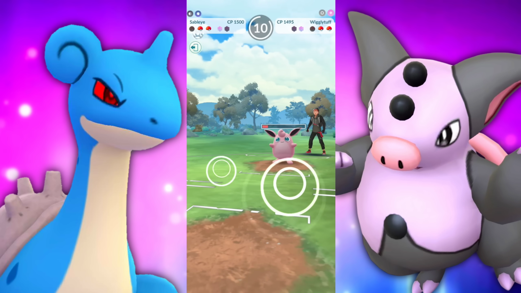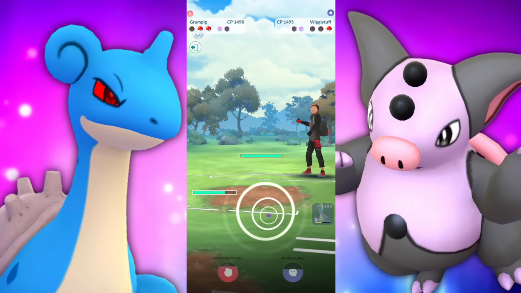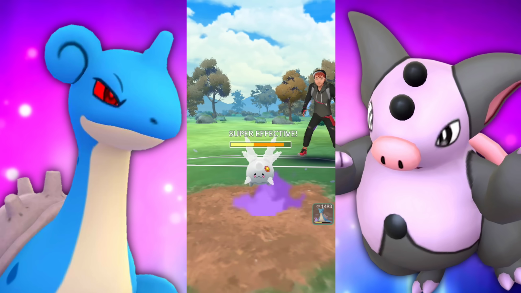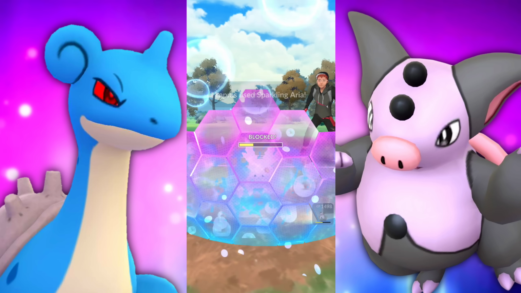So they're going to go ahead and shield up the Foul Play. Sounds good. They used their first shield here. We're going to go ahead and bring in our own Grumpig to try to farm them down, and we do. Fantastic. And they have a Galarian Corsola in the back. So we're going to go straight for the Shadow Ball. Bringing in the Lapras here, going for the Sparkling Aria and Ice Beam, I mean,